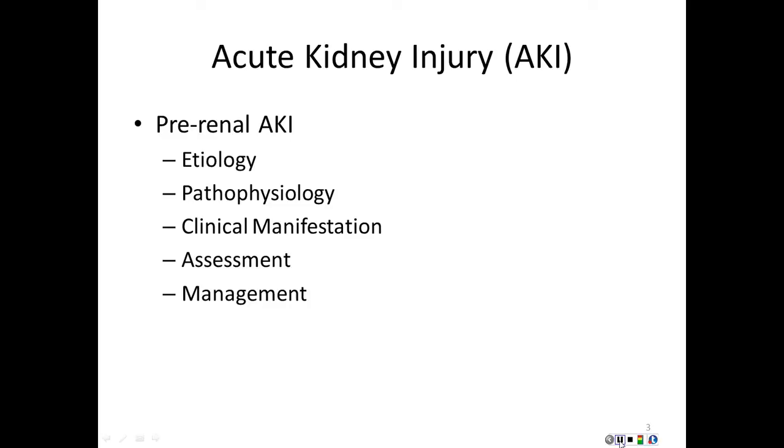Now, pre-renal AKI, or acute kidney injury, you may also hear called pre-renal azotemia. Azotemia means a buildup of nitrogenous waste in the blood system. Pre-renal azotemia is kidney injury caused by poor blood flow to the kidneys. The most common problems leading to acute kidney injury are hypovolemic shock and heart failure. Reversible pre-renal azotemia may occur after any episode of acute hypotension, hemorrhage, shock, burns, or heart failure, or any problem in which the blood volume is depleted, leading to hypoperfusion of the kidneys.